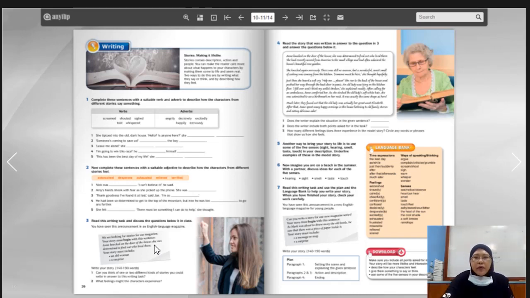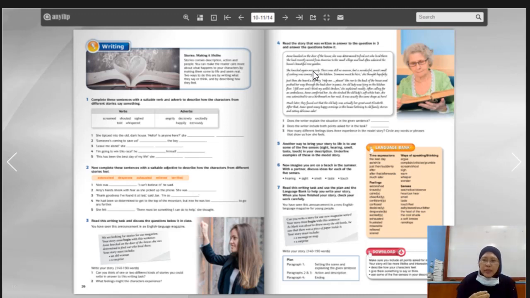Look at number 4 here, the sample answer. The first sentence is taken from the question. And knocked on the door of the house. She was determined to find out who lived there. So kena tuliskan ayat yang diberi. Kalau tak tulis, tiada markah untuk kamu. Now look at the idea of the story. Your story must include an old woman, a surprise. So the question wants you to write a story about an old woman